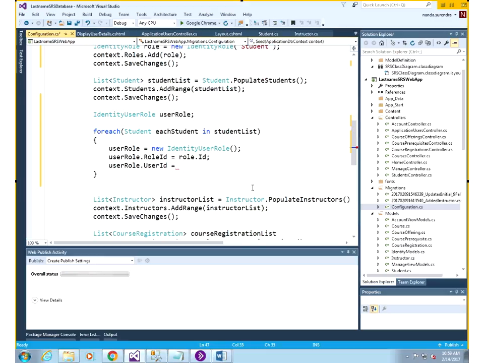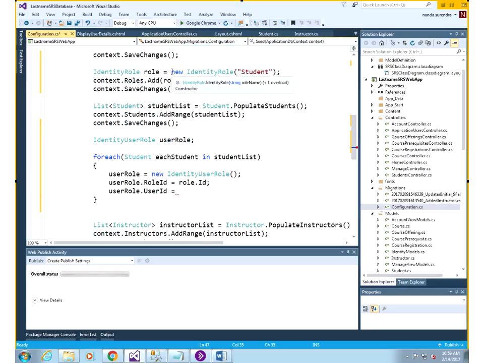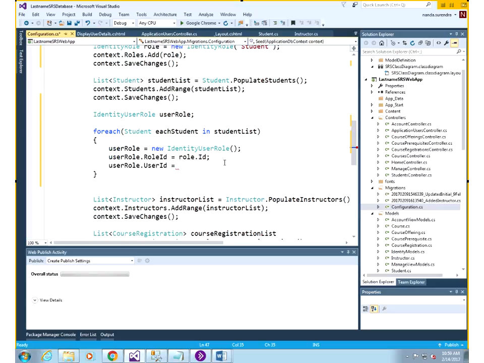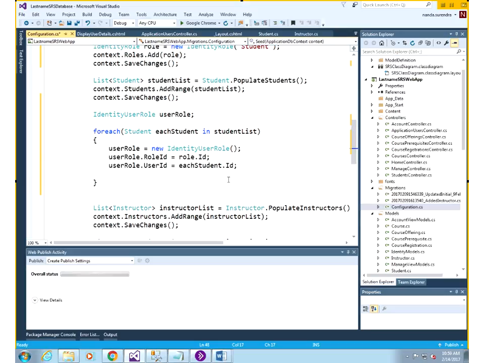And where do I get the user ID from? What am I trying to connect? I'm trying to connect the student object to the student role, right? So one piece of the many-to-many is the role ID. What's the second piece? The student ID, and I have to get it from each student.id. So I've connected the two, and after I connected the two, I need to basically add it to the